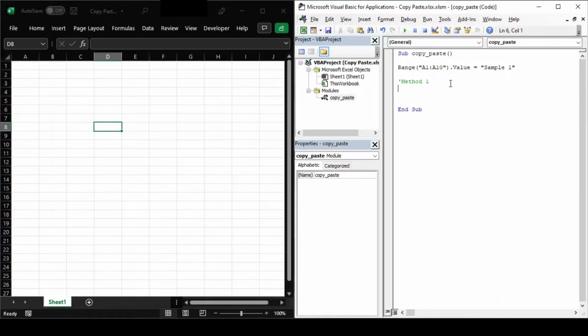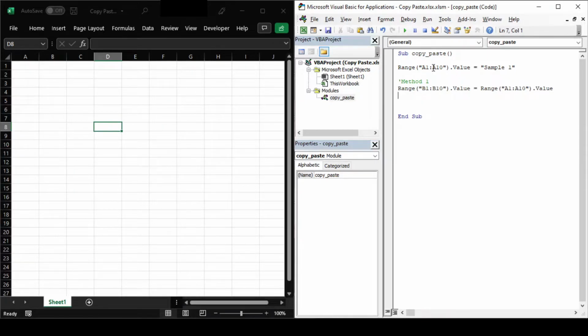The way we earlier assigned sample text to cells A1 till A10, on similar lines, we'll assign column A to column B. We'll write Range, in brackets, in double quotes, the cell address where we want to paste the data, that is B1 colon B10, dot Value equal to Range, in brackets, in double quotes, the cell address from where we want to copy the data, that is A1 colon A10, dot Value. So this is it. Now let us run our code and see what happens.